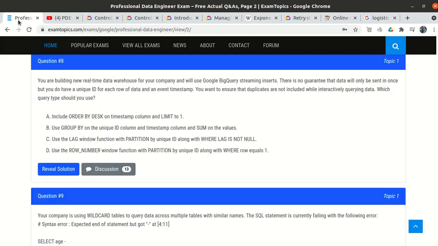Yeah, so the first option is, shall we use order by on the timestamp column and limit to 1.